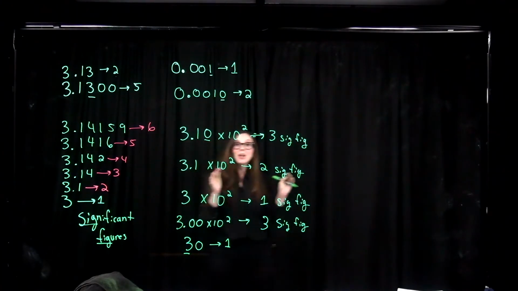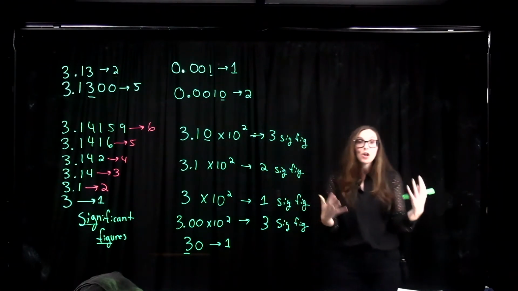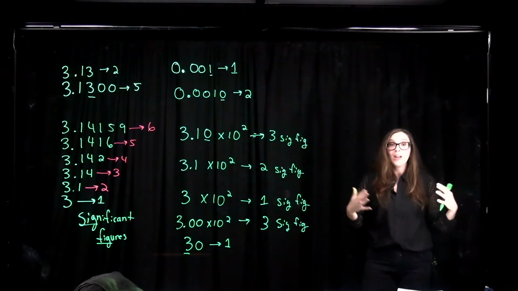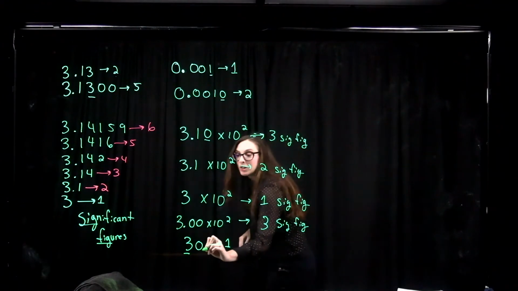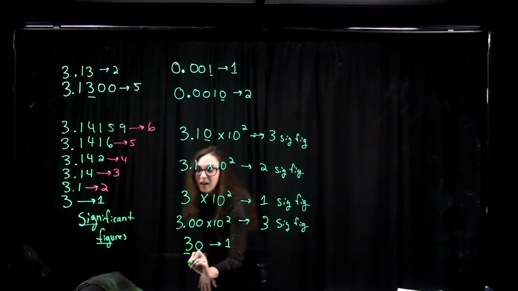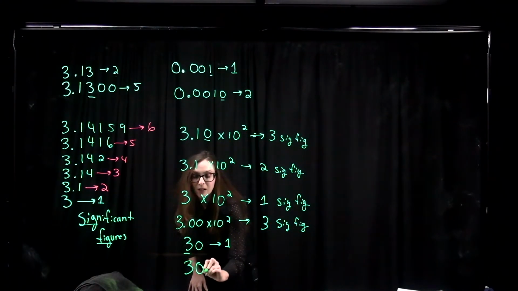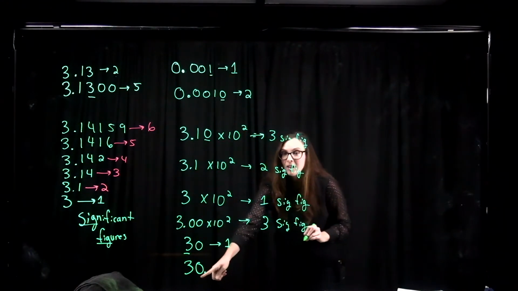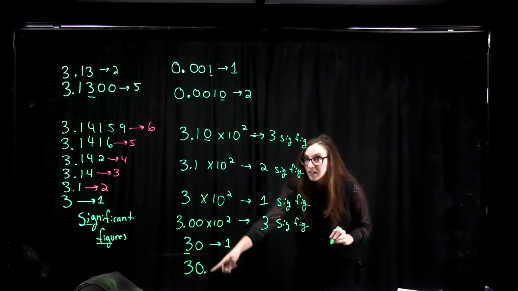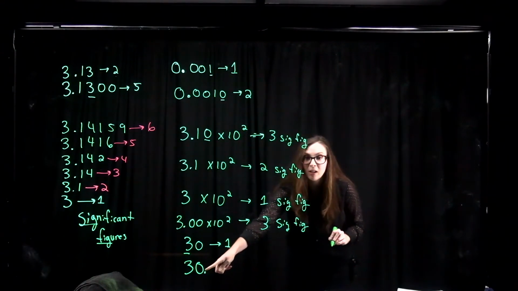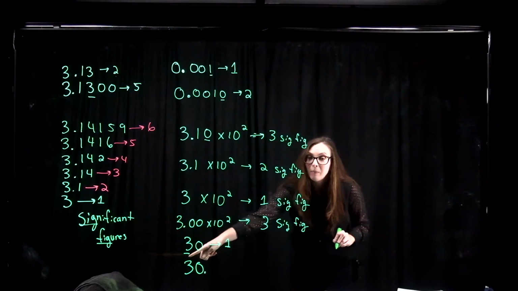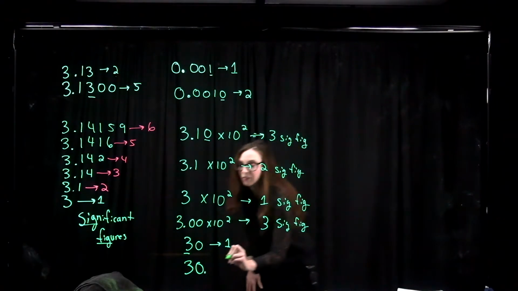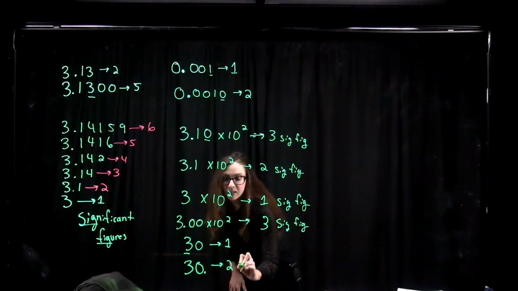But if I took a measurement and I found it to be exactly 30 units and I know it to the precision of this decimal place right here, then I would say 30 point, put a little decimal place after the 0 here. And so if you see a number that has a decimal after a 0 like this, then that means that both of those digits are significant. Okay, and so then this has 2